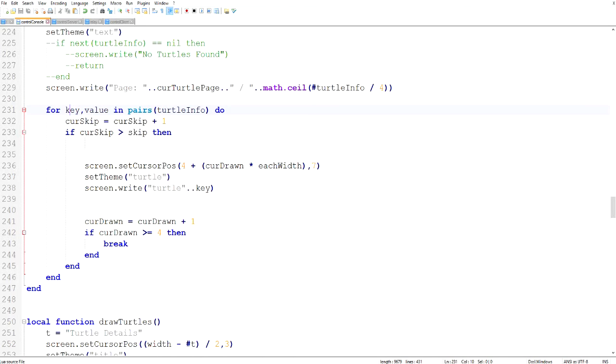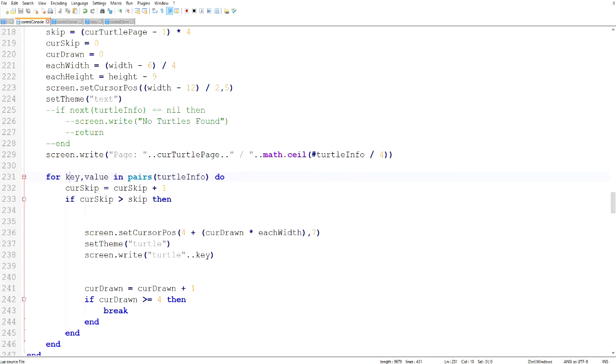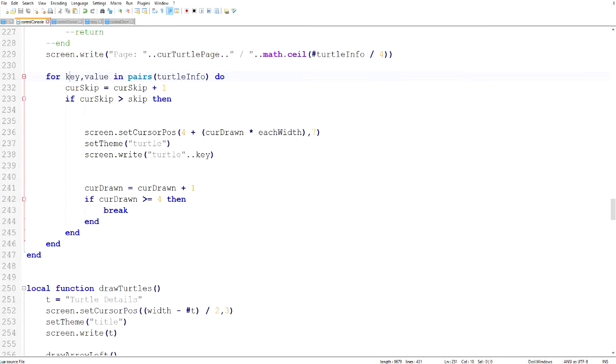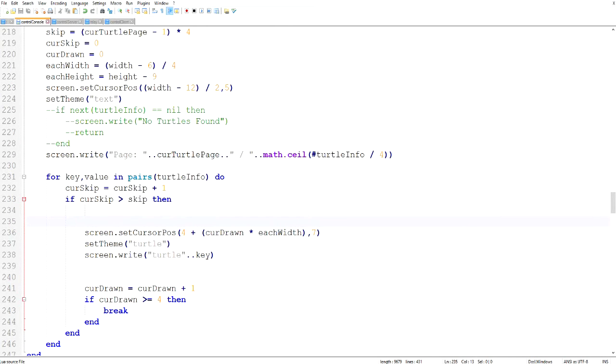So I wanted to just do a for each here, key value in pairs turtle info. So that way it gets me just each existing entry. And so then I had to add math here that I wanted to get to a certain page, which meant dividing the existing entries by 4 and so on. It's not that fun. It's just a lot of weird math. But okay, so one thing I want to do